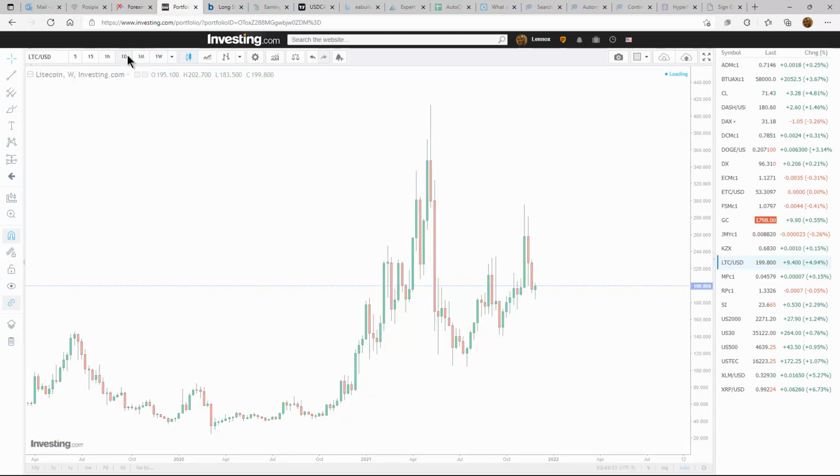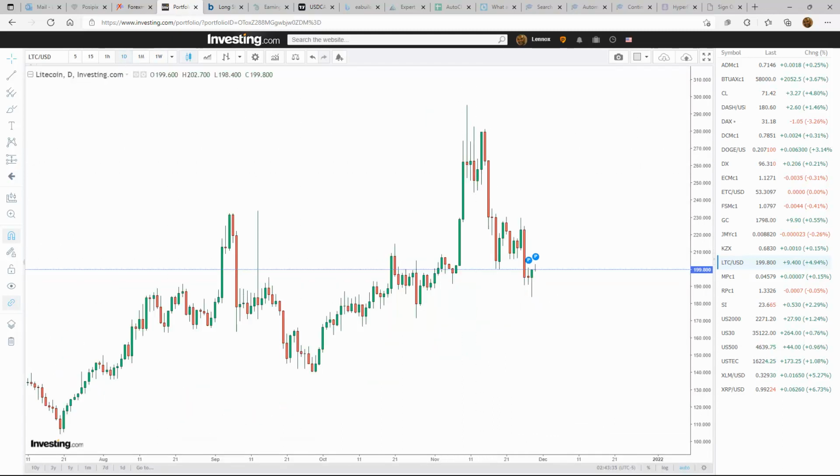So on the daily, are we still moving to the downside? It looks like maybe we're done at this point. We could be done. We could have still one more push back down, but we're in an area where we could either go to the upside with some vigor, or we could drop back one more time into this area. But it looks like we might be done at this point. We could be pushing back to the upside for the remainder of the week.